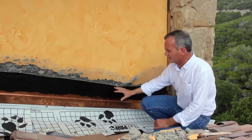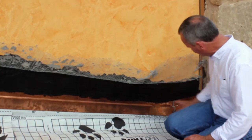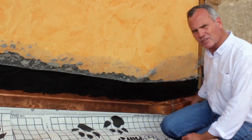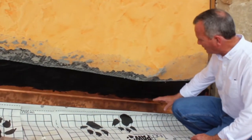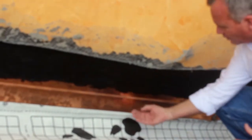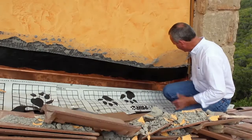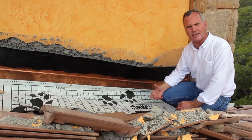What we've done here is a couple of things. Number one, we had leaking. We had areas where water was actually getting in behind the stucco, behind the rock. And secondly, they did not have a way of counter flashing over the tile. So water was running behind the tile, piling up, making the leaks even worse than they should have been,